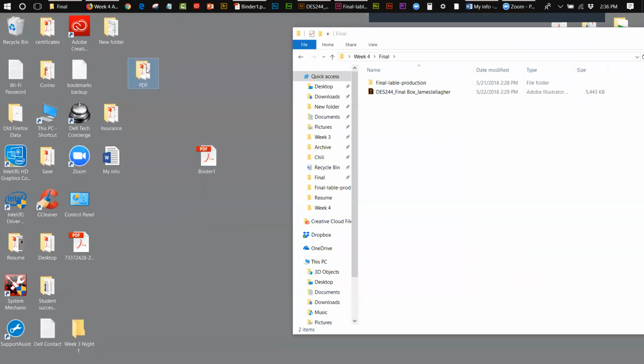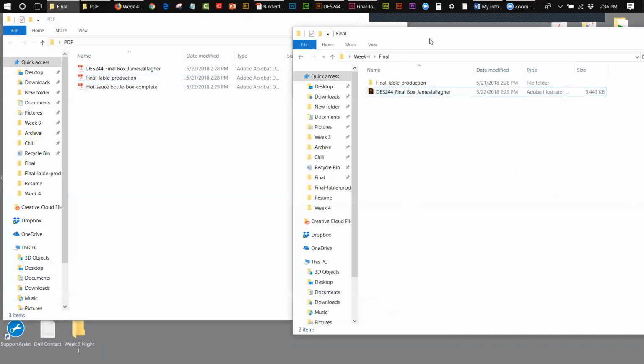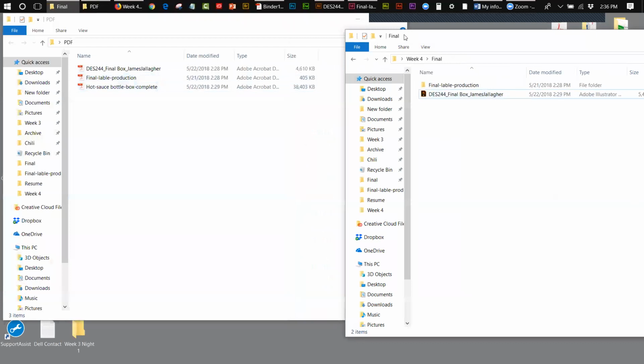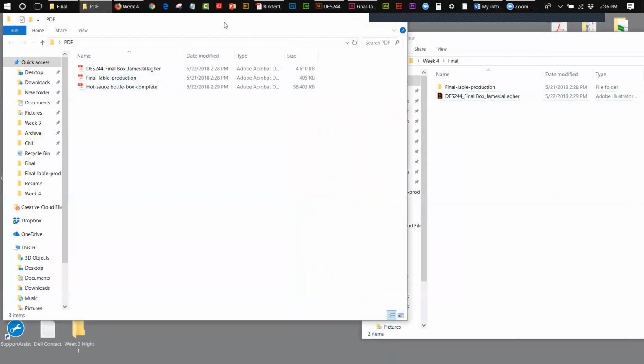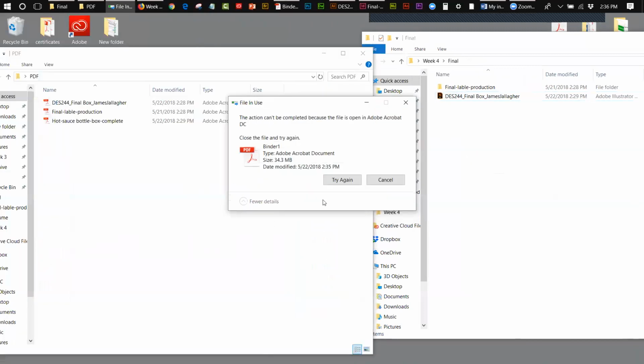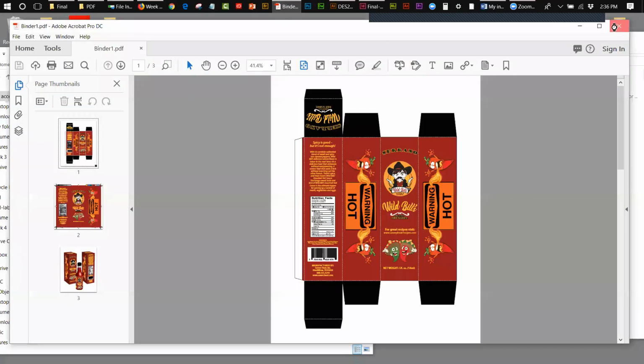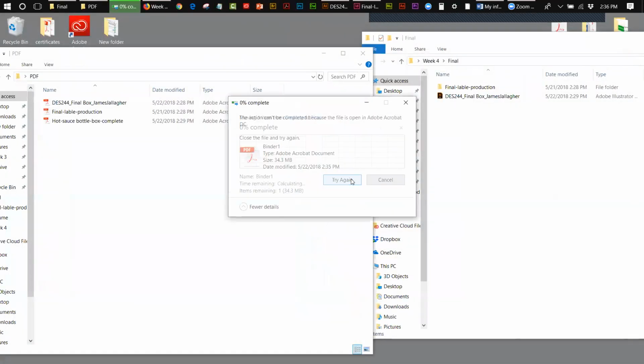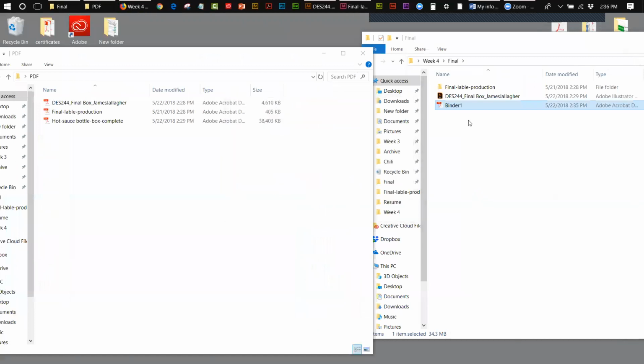And then what I want to do is open this up, and I'm going to drag my binder in there. Let me drag my binder in there, okay? And then all I'm going to do, oh, let me actually close the binder. I have to close it. Then I can do it. Try again. There we go. Okay, now I'm just going to name this,